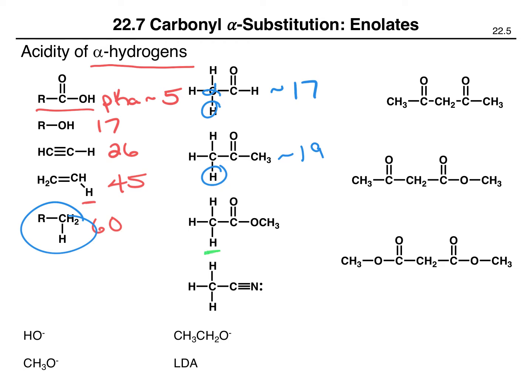When we talk about a hydrogen that is alpha to an ester, these have pKa's of about 25. And a hydrogen that is alpha to a nitrile also has a pKa of about 25. When we have a beta dicarbonyl compound, so focusing on this position, this is the alpha position and the beta position, and there's another carbonyl. When we have a beta dicarbonyl, that means that we have a set of hydrogens that are alpha to this carbonyl and